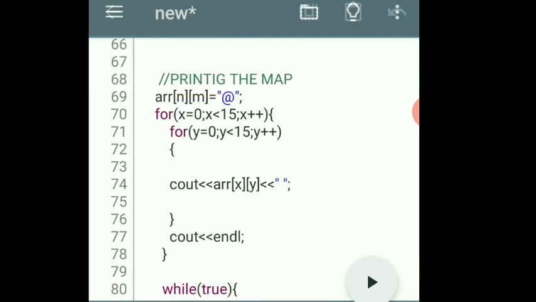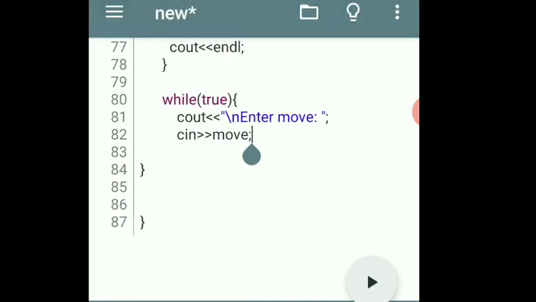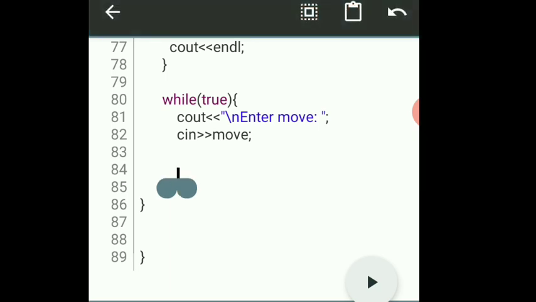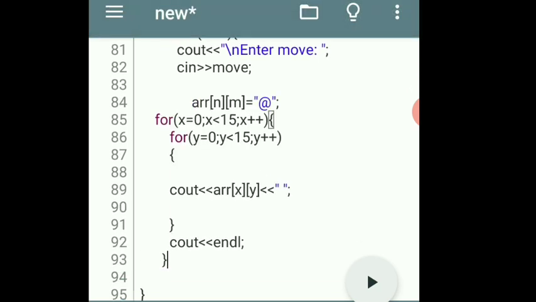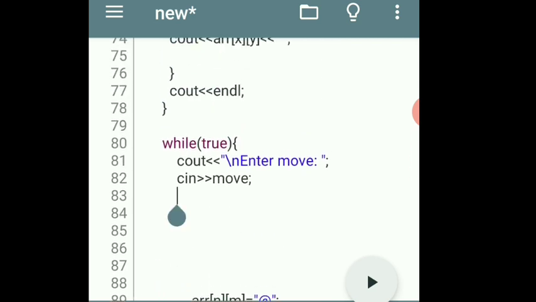And then I want to copy this one. You see this part? I want to copy this part and paste it inside our while loop, here below the move. Here, paste it here. Just paste it. Okay, and then here we're going to make a condition. Let's say if we press S, so we're going to make, wait, let's say our condition is if move is double equal to, let's say, S,